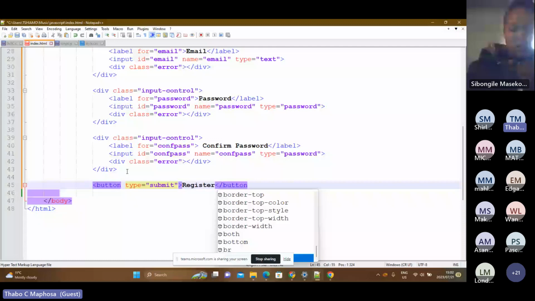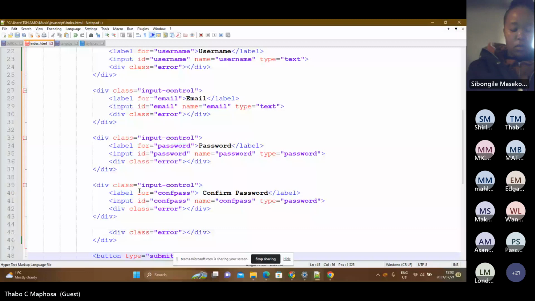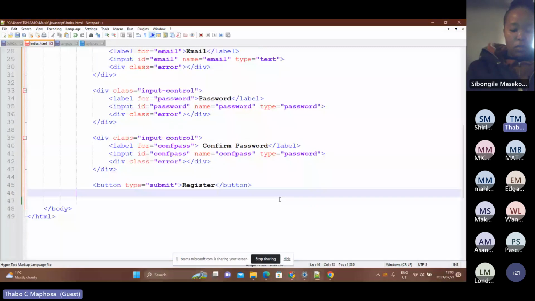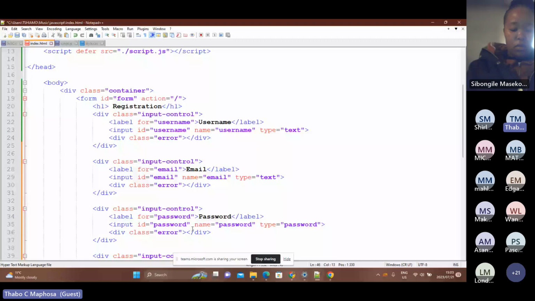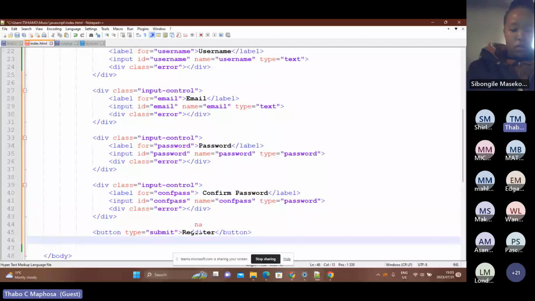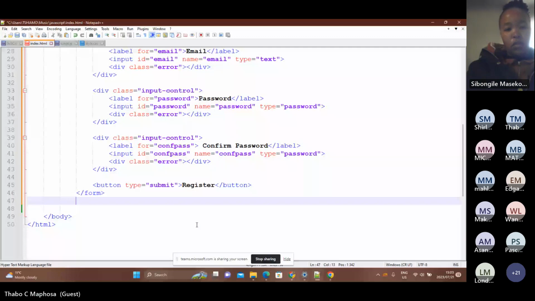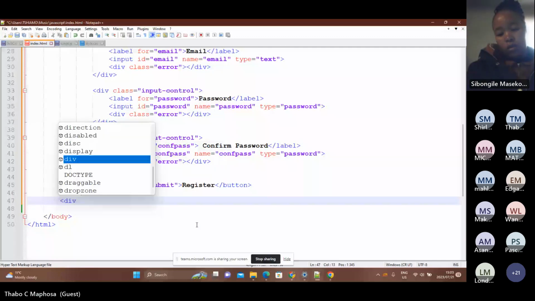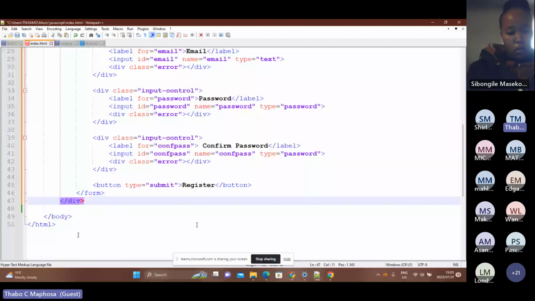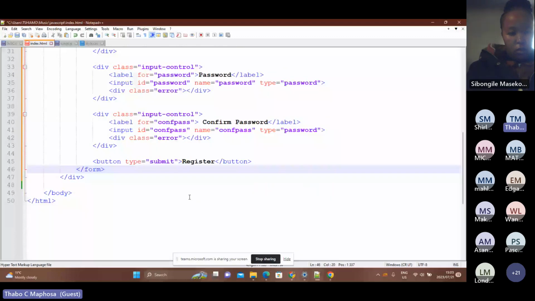Okay, I need to close the form, isn't it? So I need to close the form. Yeah, I need to close the form first, because I opened the form, I need to close it, and then I also need to close the div. I think we're done. Here we go. So now if I run, save and then I run this,